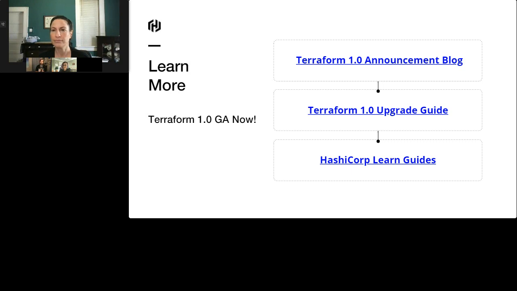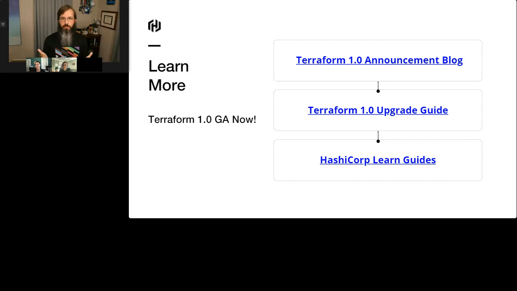So one of the biggest things that I can recommend is the HashiCorp Learn Guides. These are a fantastic walkthrough-based resource that you can go out and use, and it walks you through the process of using Terraform. Now, these guides have been built over the years, so if you've used them in the past and haven't checked them out lately, definitely check them out because they've been built out and expanded to not only